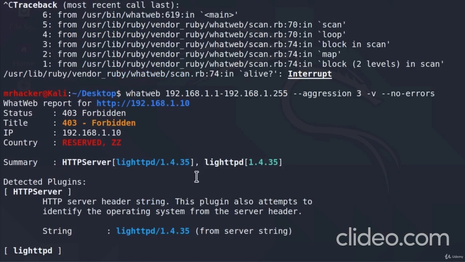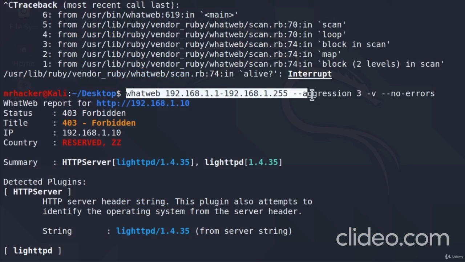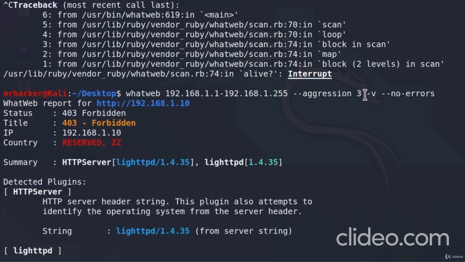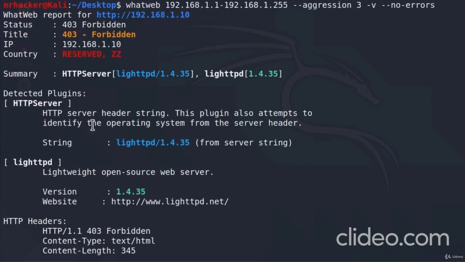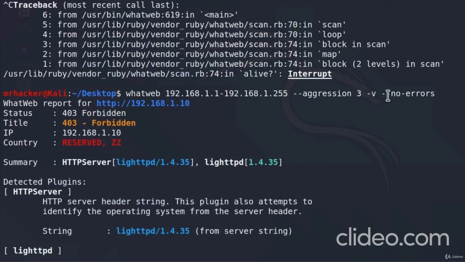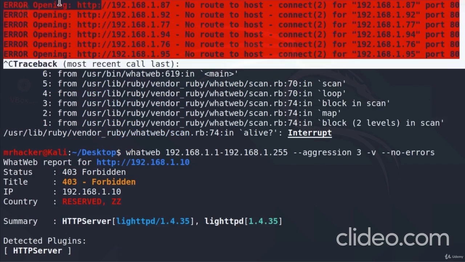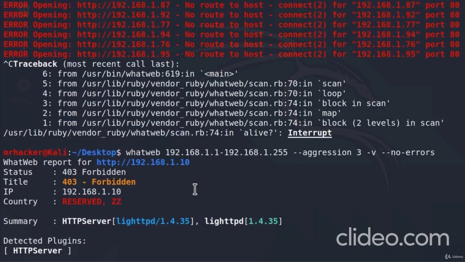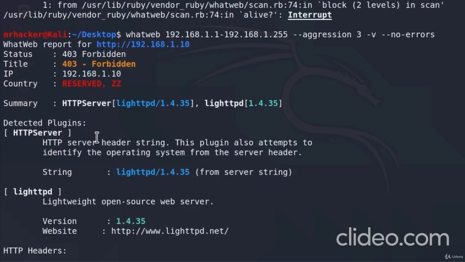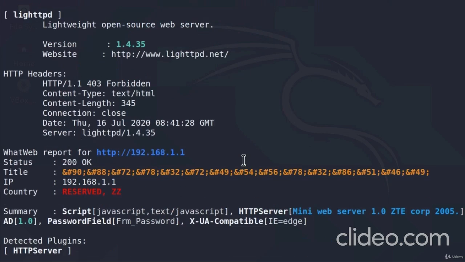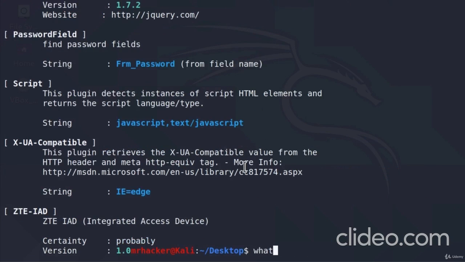Okay, so we ran this command, and we used the aggression level 3. We used -v to output all of the detected plugins as well as their description. And we used no-errors to not print out these offline IP addresses. But what if we, for example, wanted to save this output in a file for some future reference? Well, if I type the command whatweb